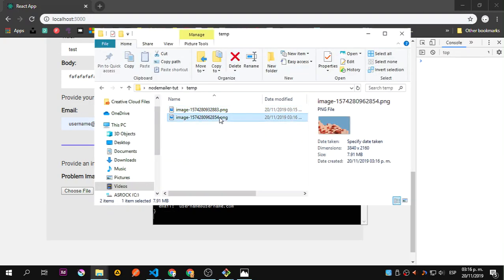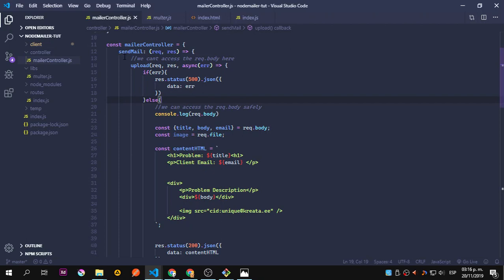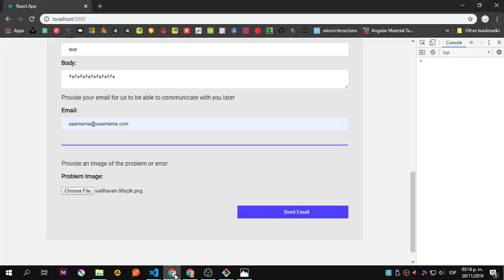Why do we have two images? Because even though the first time we sent that we got an error, or something was undefined, Multer still uploads the image if it can. So at the point we reach the request body, the image is already uploaded. Okay, so the way to deal with that, although I didn't do that in my code,